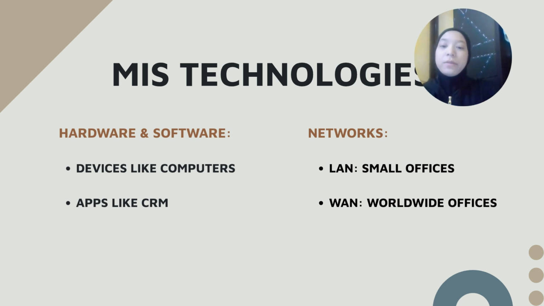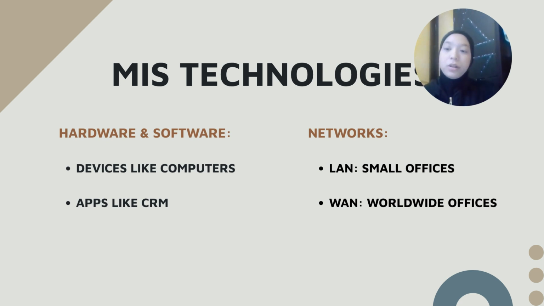So for apps, like CRM systems, customer relationship management software helps companies manage customer information, track communication, and improve sales relationships. Other than that, there is also accounting software like QuickBooks or SAP, which helps track financial transactions, expenses, and also revenues. And the third one is enterprise resource planning, which is ERP. These systems integrate all business functions into a single system, helping companies manage everything from inventory to human resources.